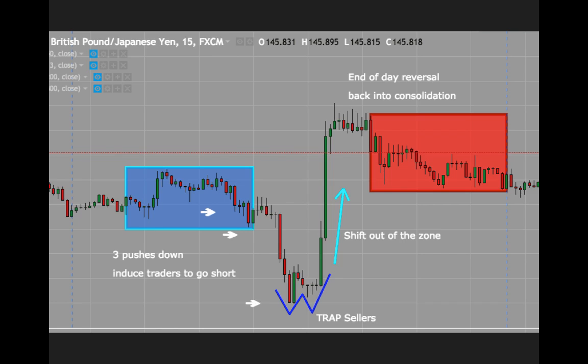Okay, so they went down to the low. They trapped the traders that were going short. Then they basically pulled back immediately. So all the traders that were taking that short down there are now trapped and stuck in a drawdown. Then what they do is they'll hit it again, right? They'll come back down to the low, but they won't actually come back to the low and take it out,